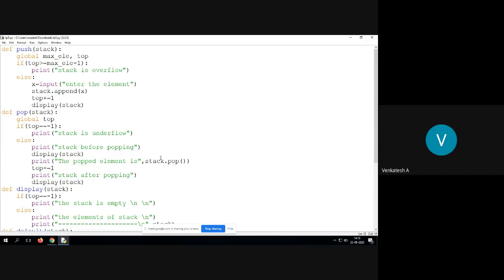Say for stack we take an array, we start with 0th index, first index, second index, and so on. That is the continuity. And while saving in the memory also, it will save each and every element in sequence. That is why, to traverse any array, if you know the address of the first element, that is good enough. After that, we can easily traverse. So in that sense, stack is a linear data structure.